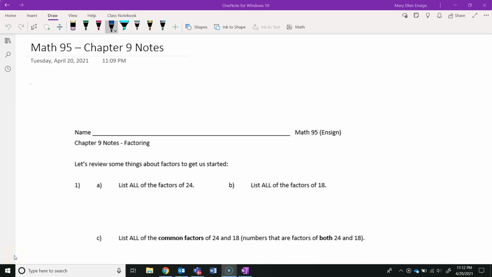So in this video, we're going to talk about the Chapter 9 notes, which deal with factoring. Okay, so factoring, in this case, factoring polynomials is what we're going to be doing in this chapter. So think about what a polynomial is, right? It's those expressions with more than one term added or subtracted. So when we're factoring polynomials, we want to break apart the polynomial